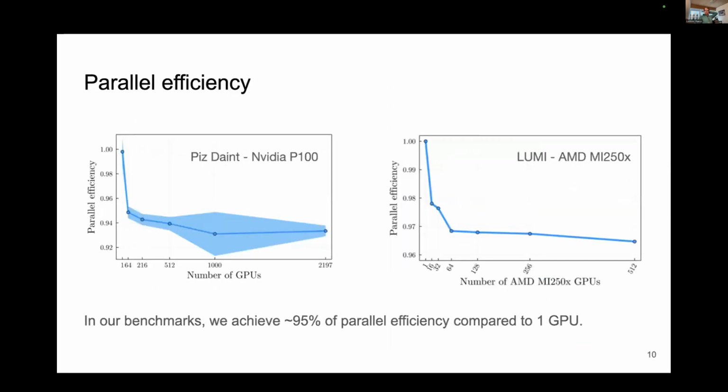And so those were the results that we get, for example, running a Poisson solver for benchmarking on Piz Daint, which we have in Switzerland, and also on LUMI, and we scaled up to 2,500 GPUs respectively, and get a Julia code that runs with a parallel efficiency of the order of a 5% drop from the total ideal, while